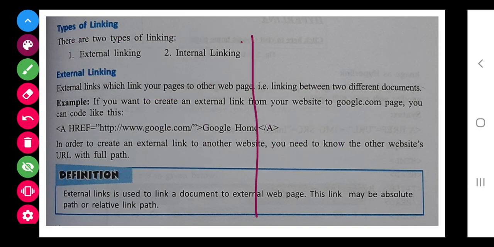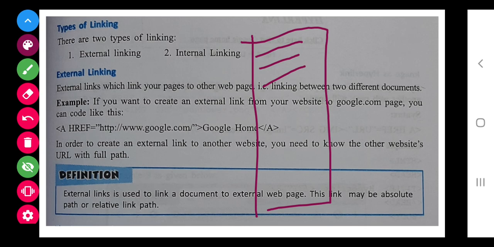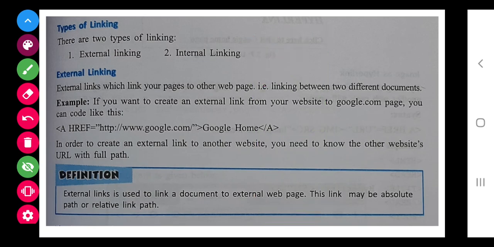But internal linking is as such, suppose here are the hypertext and you want to see down in a document, these are the various pages, suppose in a single web page, and when you are clicking on this page is getting open, and when you are clicking on this, the down page is getting open, or you can say it will come at the top, that is a internal linking.